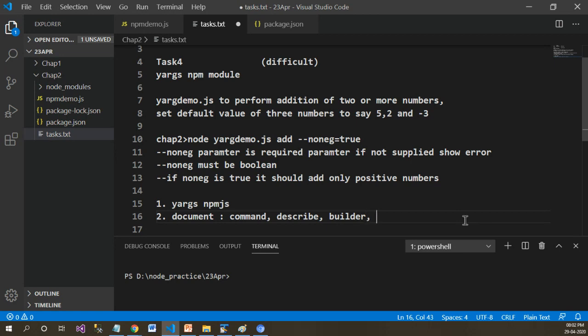Apart from these, there is one handler attribute also available. So you need to study these four attributes of the yargs npm library in order to solve this task.